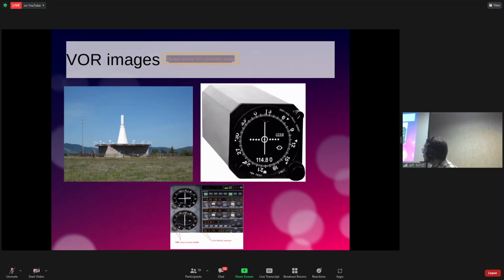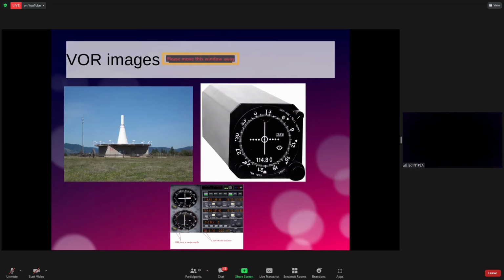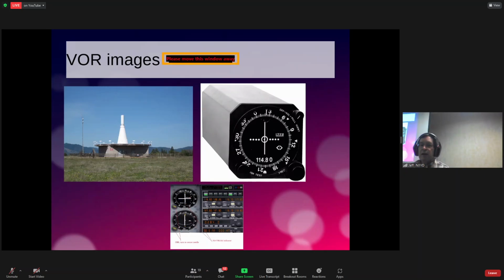Okay, these are some images of VORs. The VOR station has a big flat ground plane kind of thing underneath it. The head of the radio has this vertical line that tells you how far you are from that radial of the VOR. So if you are 23 degrees magnetically from the VOR, and this line's in the center, then you're at 23 degrees. If that line is off one way or another,